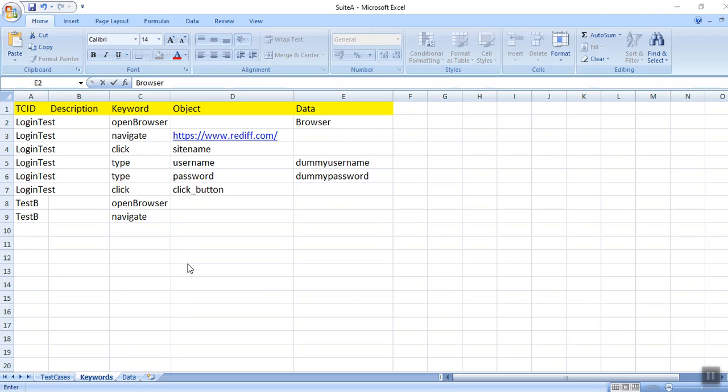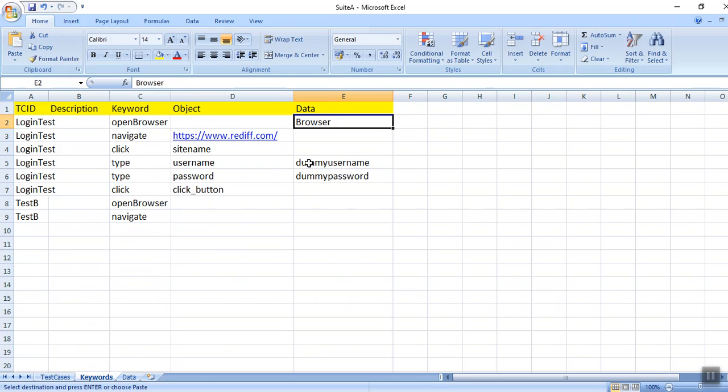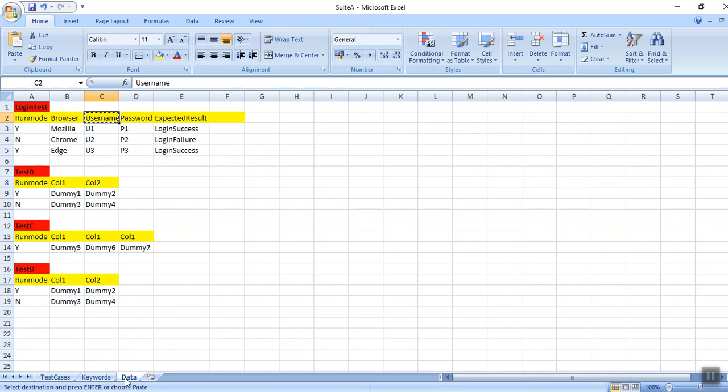For the username, it needs to come from the sheet's username column. For password, it should come from password.